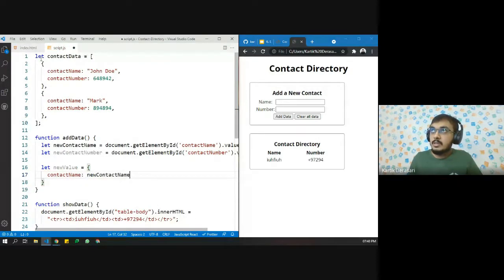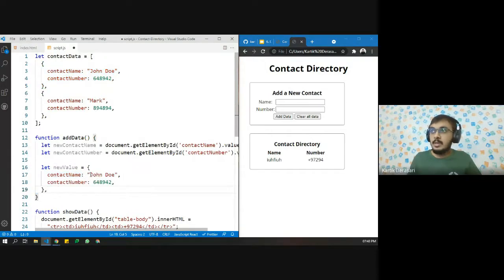See, this structure should be similar here also. Let us copy paste this structure instead of creating another. And inside this, we want this to be the new value, right? We are getting the value from the document DOM, and then we want the value from contact name. So let's say newContactName. Here, let's say this.